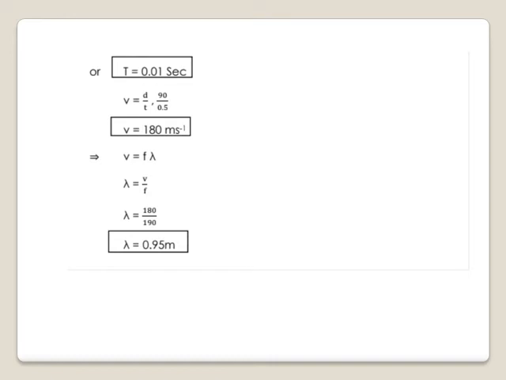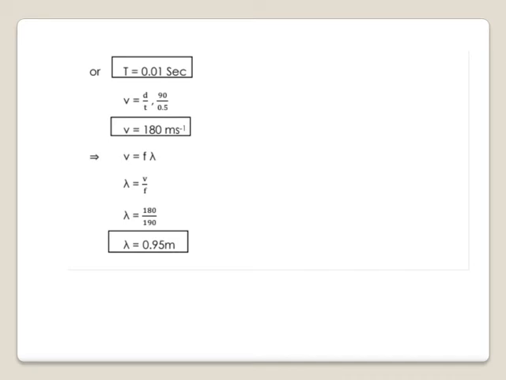So simply by rearranging that formula we will get the value of v, which is 180 meter per second,